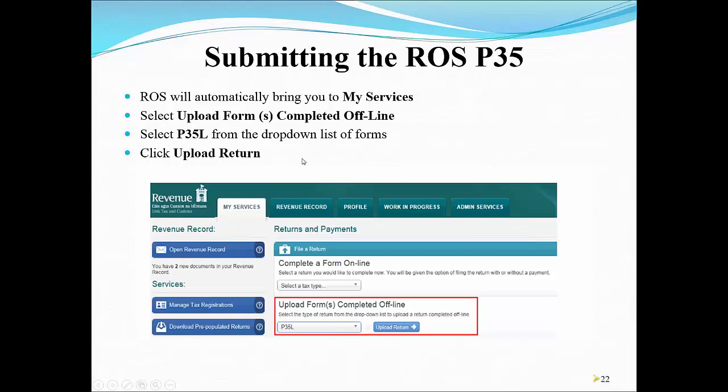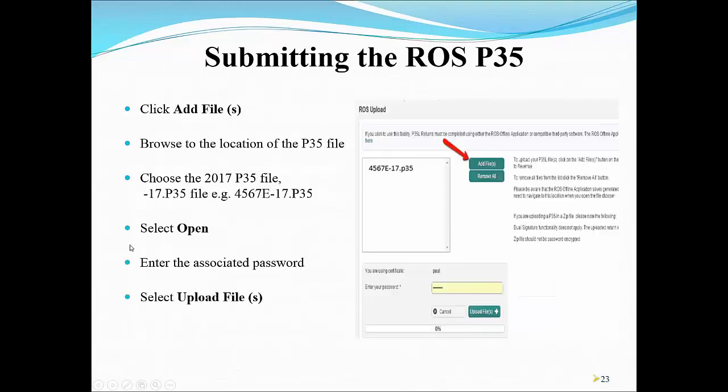This will then bring you through automatically to the My Services screen, and here you'll be given a number of options, but the option you're going to be choosing in order to upload your P35 is the section where it says Upload Forms Completed Offline. Here you have a drop-down menu, and in that listing you will find P35L as shown here, and once you've selected that you can just click on Upload Return. This will open up a brand new window for you, and what you need to do here is click the Add File button here as shown by the red arrow,